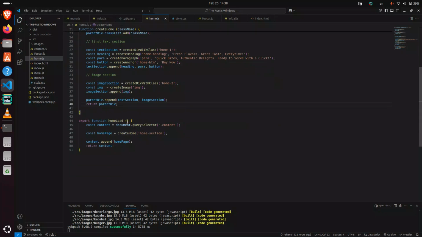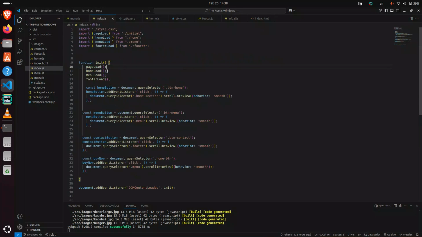Now I have created home load function which selects content similarly as I used in the initial.js for the navbar. Then I created a constant home page, create home with the class, and then I appended this home page into the content. Now using init, I have loaded it in the index.js after importing home load.